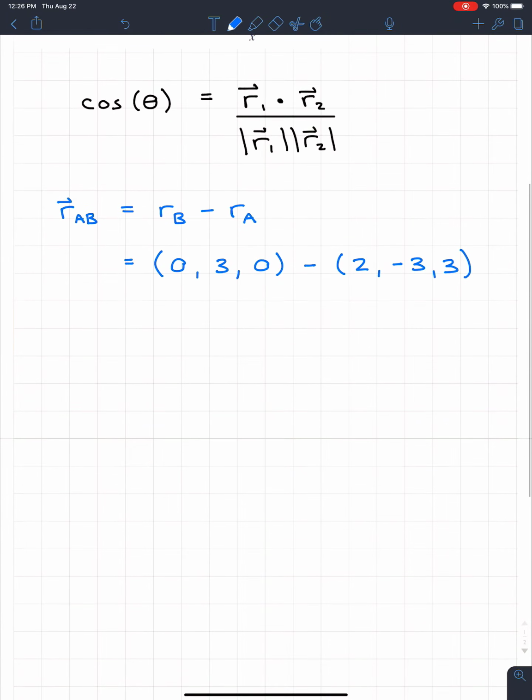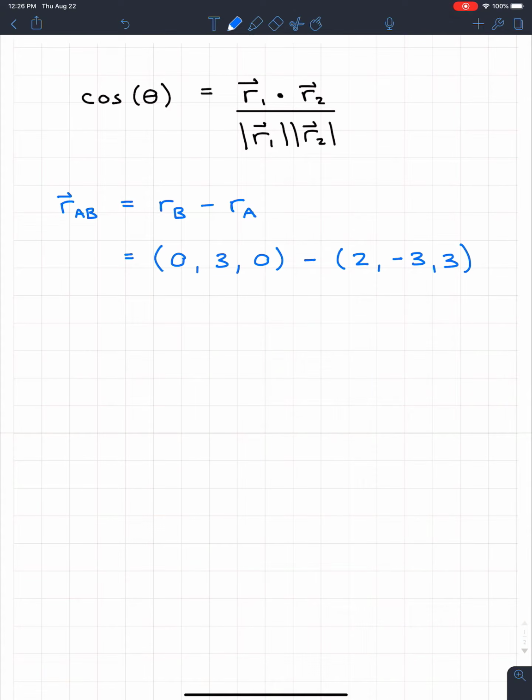Perfect. So now what we can do is we can subtract those components to find out that RAB. It's a vector, so we're going to have the little hat, and we're going to have the little squiggle components. So the first one we're going to have is 0 minus 2. So this is going to be negative 2, and that's in the I direction. The second one we're going to have 3 minus negative 3. So 3 plus 3, we're going to have plus 6, and that's in the J direction. So the J direction, of course, is the Y direction. And then finally, we're going to have 0 minus 3, so minus 3, and that right there is in the